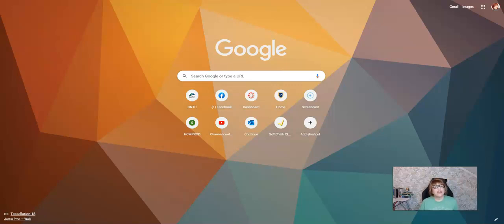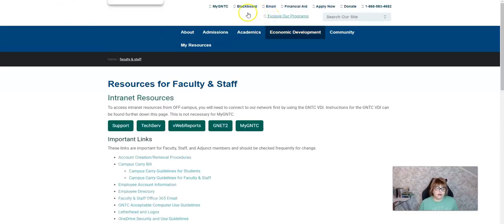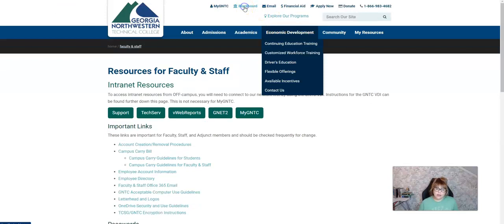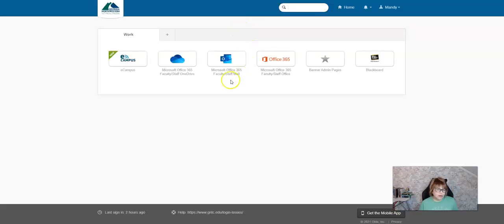So, the first thing I want to do is log into my GNTC account. And we are going to go to the website, and I'm going to go right here to Blackboard. I've been working in Blackboard, so I don't have to log in, but you'll have to log in, and then you'll set up your OCTA notification, and then you can use your phone to set it up. So make sure you do that first, and then I'm going to go into Blackboard,